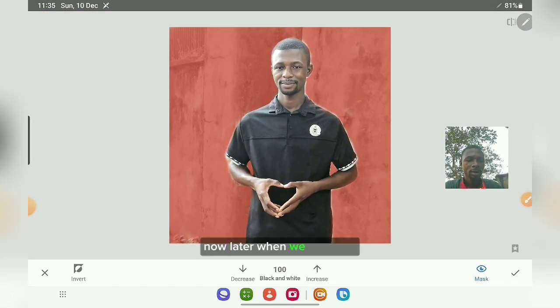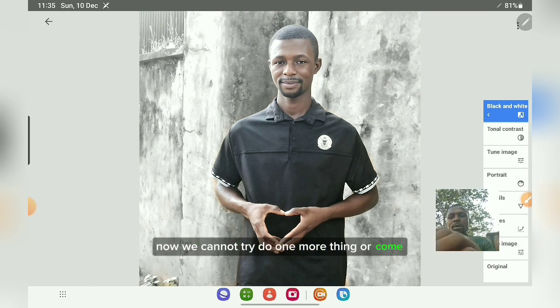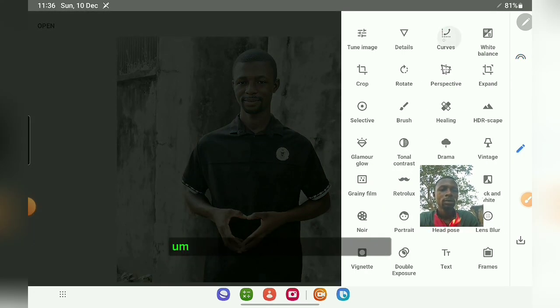Now later when we are done, we are going to tap on this and then this is what we got. Let's see what we have before and then let's see what we have after. Now we can actually do one more thing. We can try to play around and see if we are going to do one more last thing with